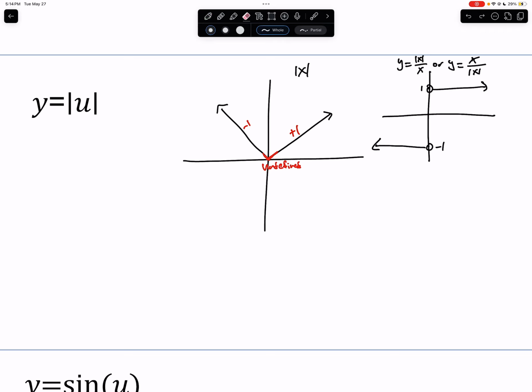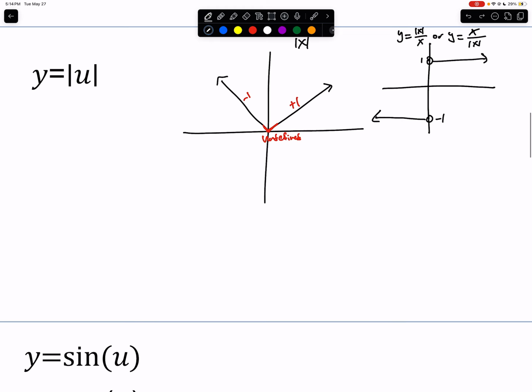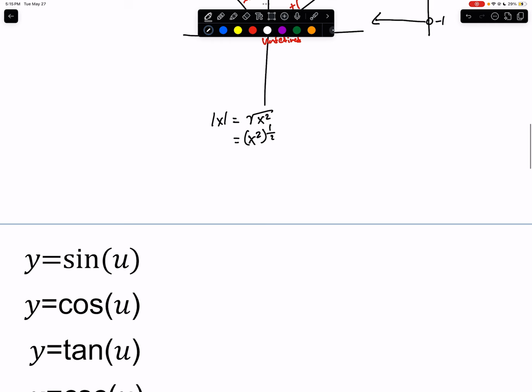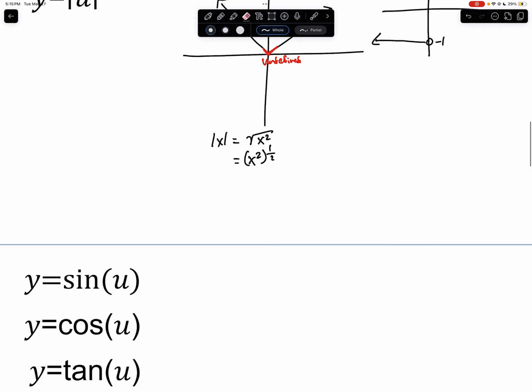Now, if this doesn't really make sense, hopefully it should. Think about how we can represent the absolute value of x in another way. Another way would be thinking about the absolute value of x equals the square root of x squared. So we can rewrite this as x squared to the 1/2, and we can take the derivative of this. So if we let f of x equal x squared to the 1/2,